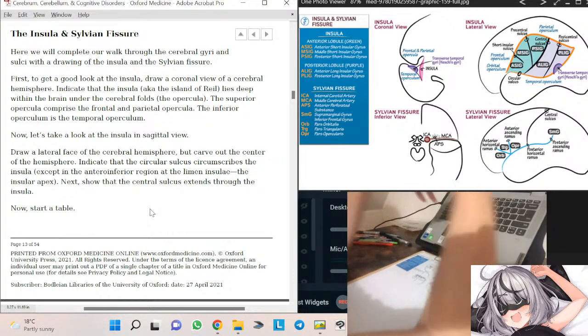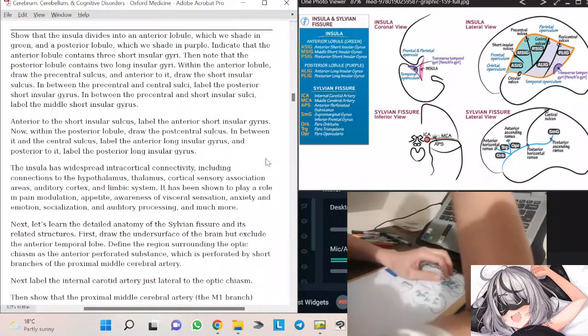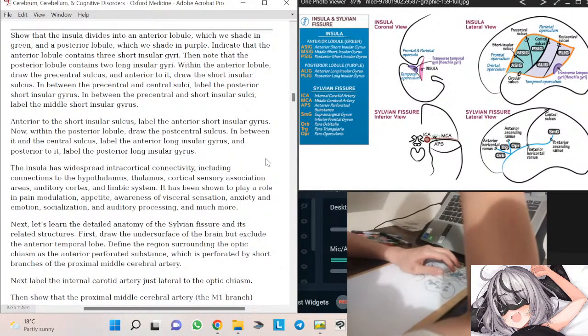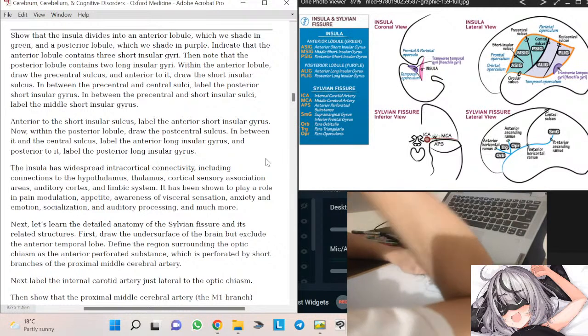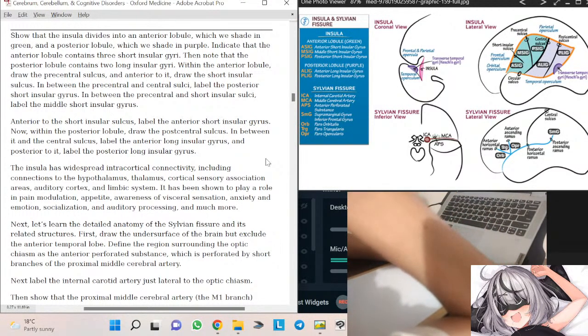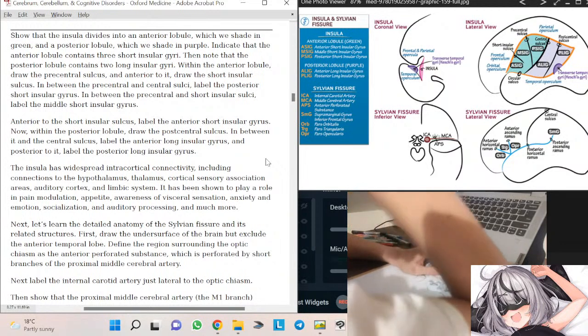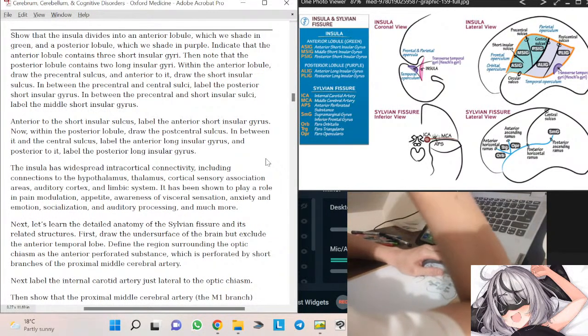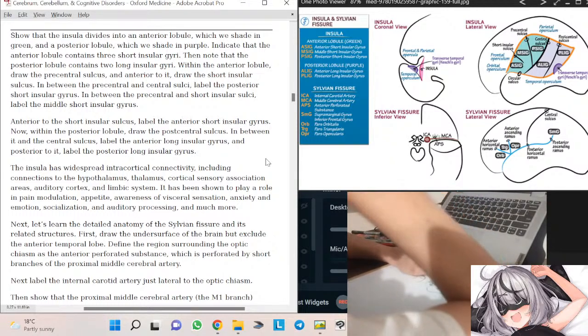Okay. Now start a table. Central sulci. Label the posterior short insular gyrus. Anterior to the short insular sulcus, label the anterior short insular gyrus. Now within the posterior lobule, draw the post-central sulcus. In between it and the central sulcus, label the anterior long insular gyrus, and posterior to it, label the posterior